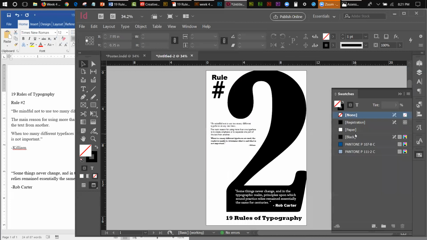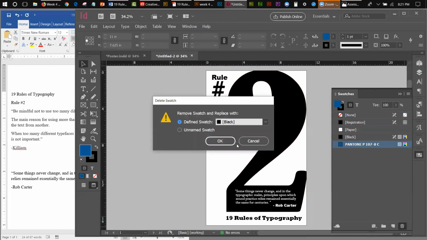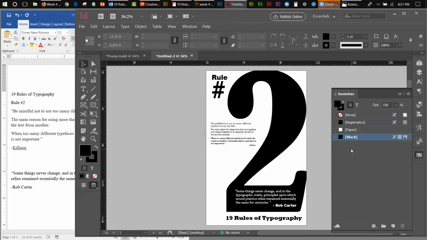They're right here. I have some colors in here that have no bearing whatsoever on my project. So the first thing that I want to do is I want to delete those colors, just like that. I want to delete those colors. There we go. Okay, so now what I want to do is I want to add some colors. Now I have chosen